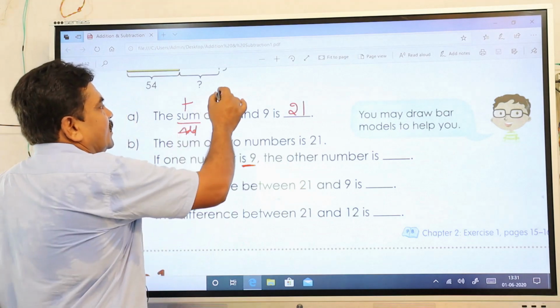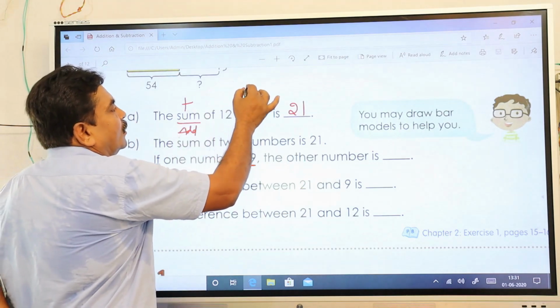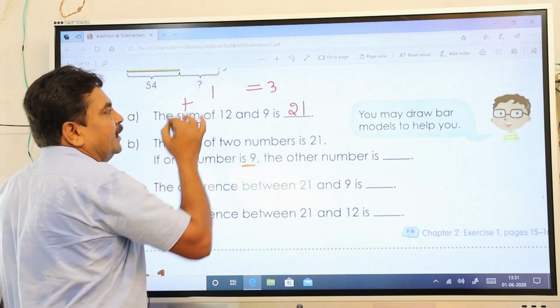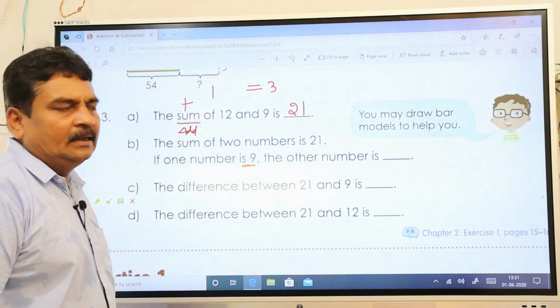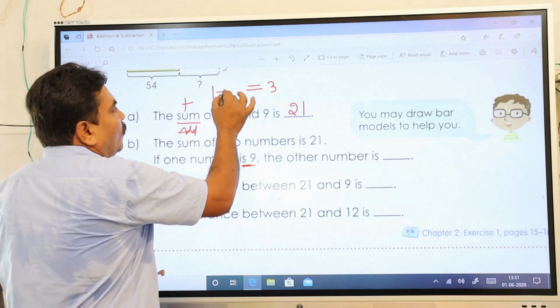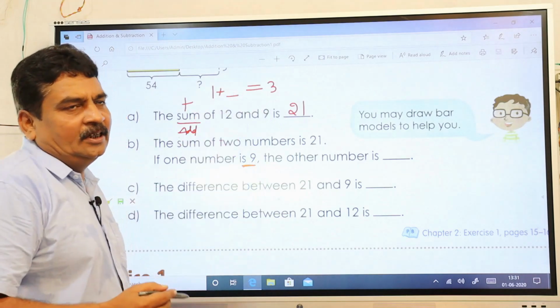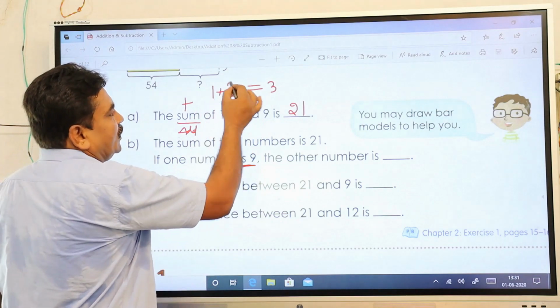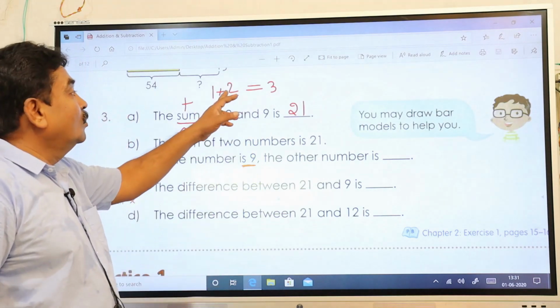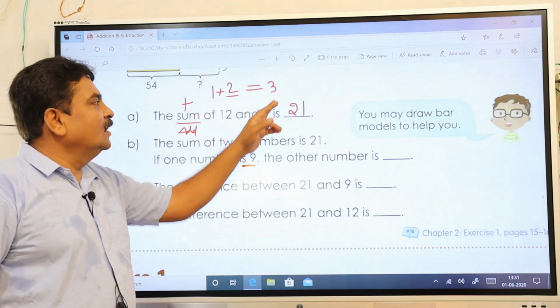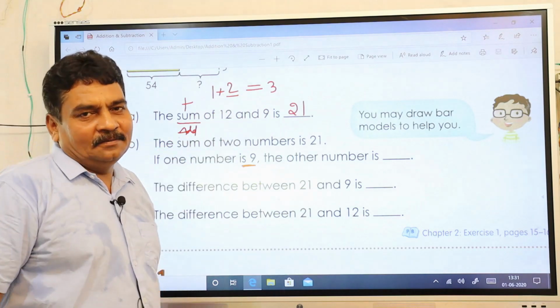As I told you, I'll just explain. Suppose the total is 3 and you have one number here. What number are you going to add to this number to become 3? Naturally you are going to add 2 here. But how did you get this 2? For this simple single digit value, it is very easy.